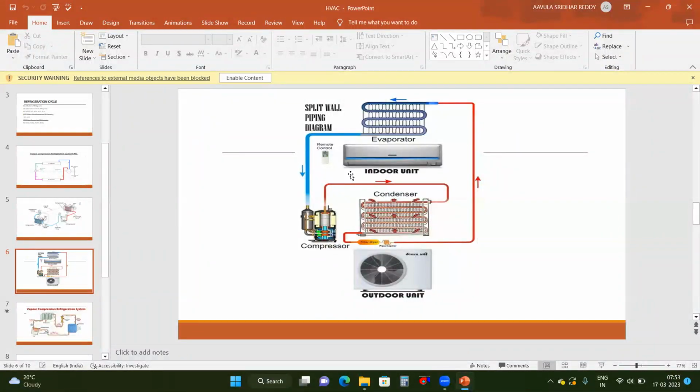Also, it undergoes phase changes. When it reaches the evaporator it will be in the liquid state, and when it is in the outdoor unit it will be in the gaseous state. We will see a video and understand it better. After that,